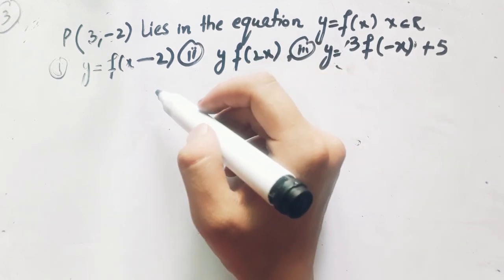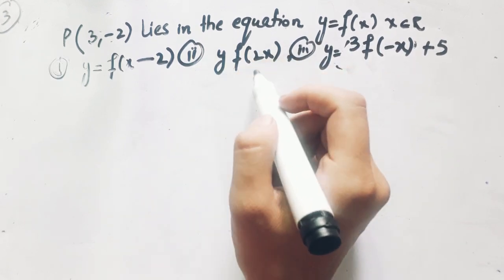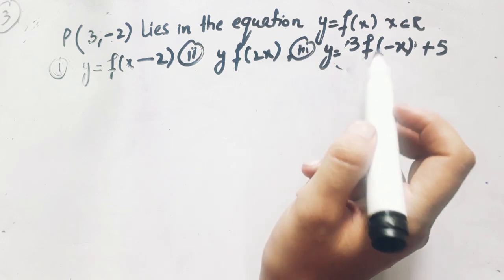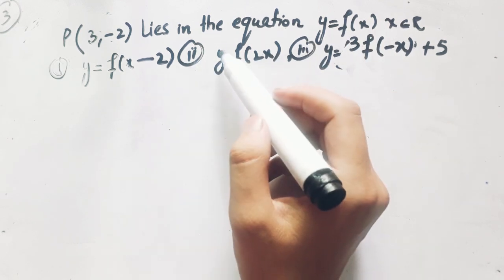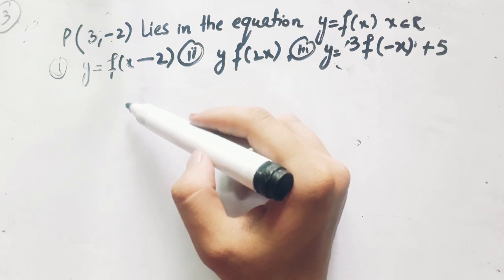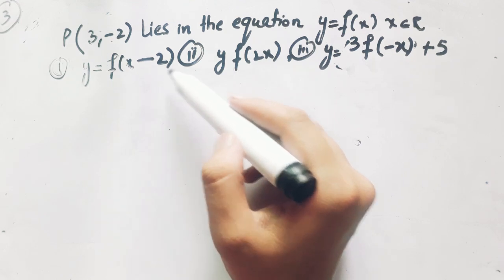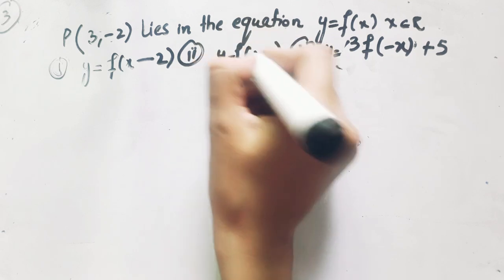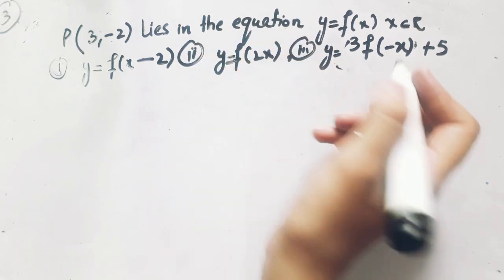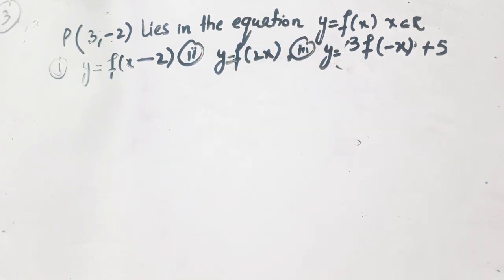Find the coordinates of the point at which P is mapped, such that y is equal to f of x, and you have to transform this equation like y is equal to f of x minus 2, and find the coordinates, and y is equal to f of 2x, and y is equal to 3 f of minus x plus 5. So for the first one,